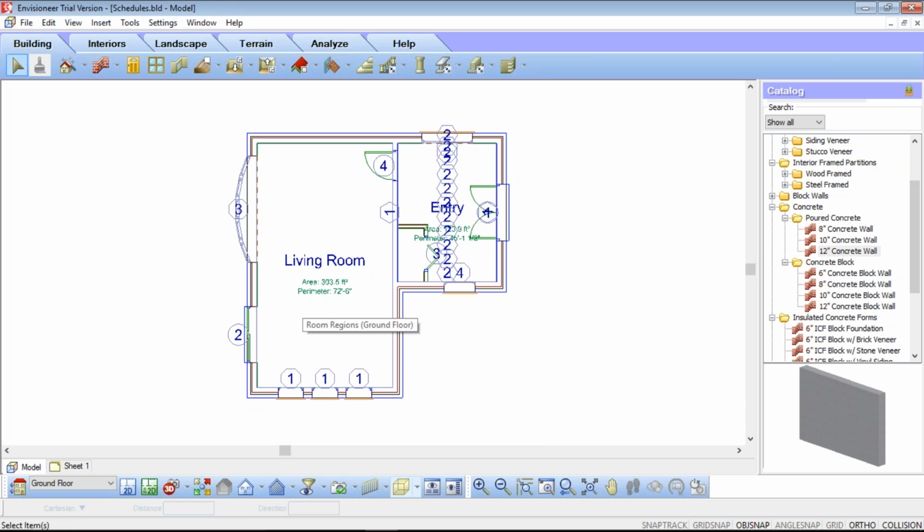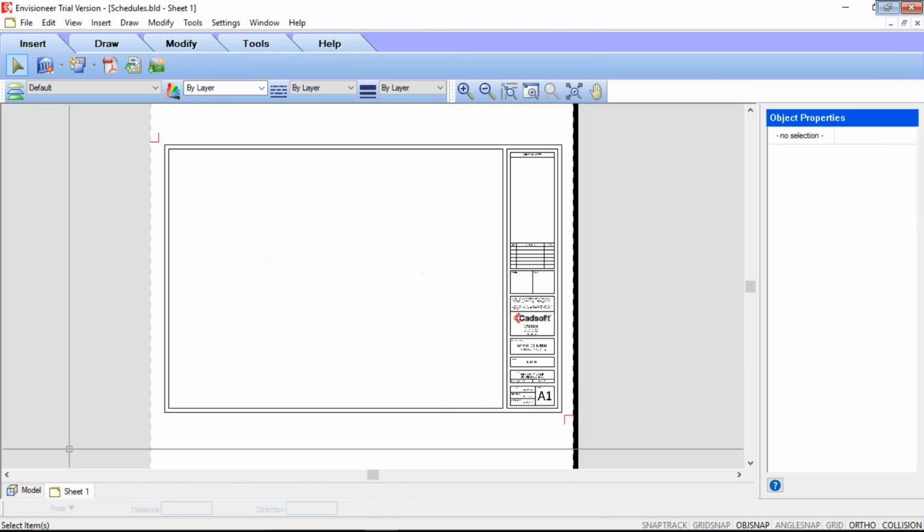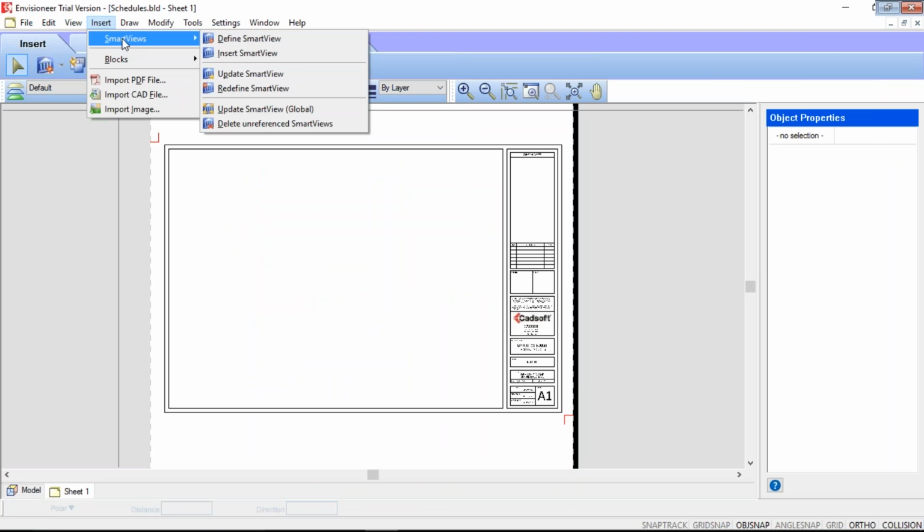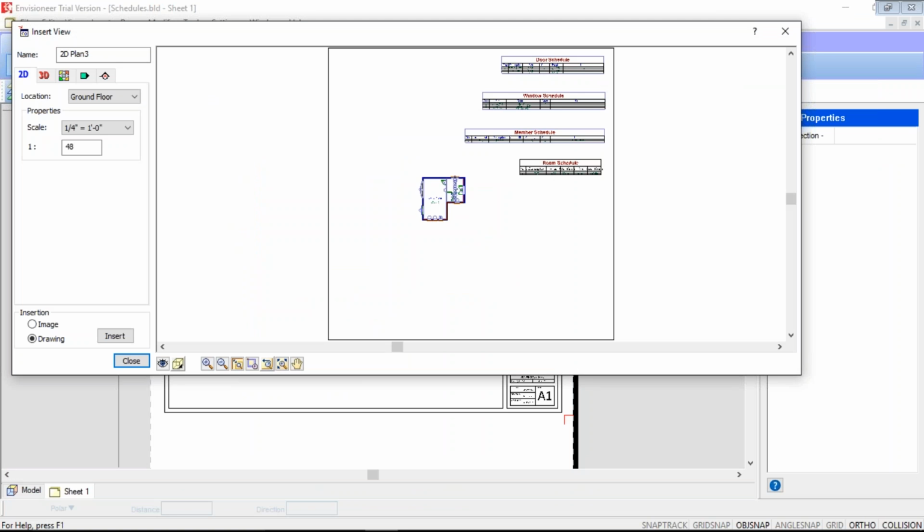So now we've got everything scheduled, everything's marked and labeled. I can now insert this onto my worksheet. So I've done this all in model. I can now flip over to my worksheet. When I get to my worksheet, I'm going to define a smart view. So insert smart views and define smart view. So I'm going to do this in actual 5 different insertions here. I'm going to insert the floor plan